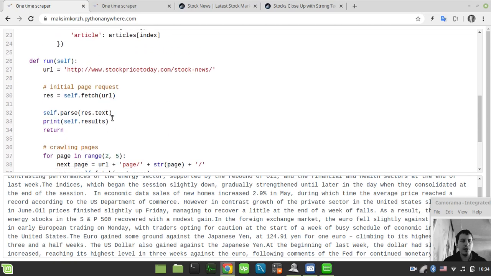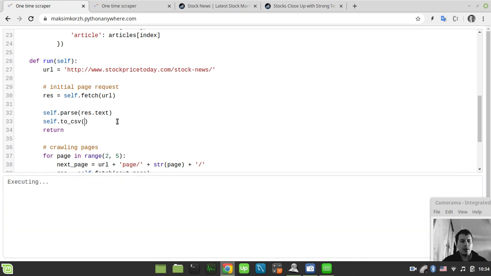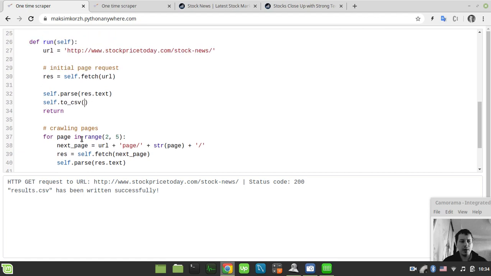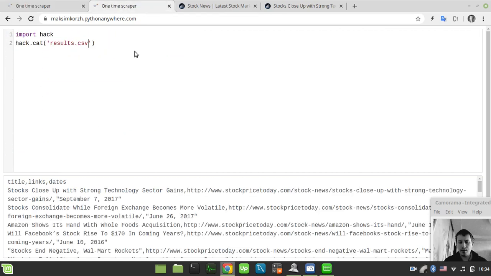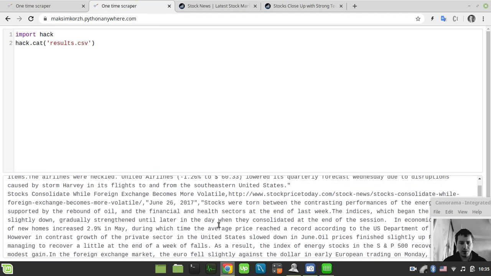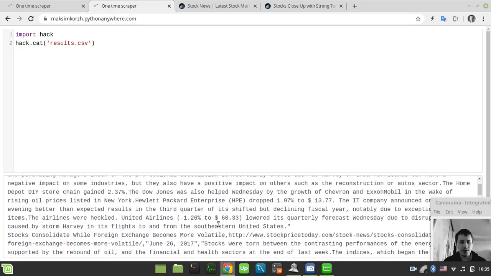So now let's actually try our toCSV function one more time. This time it should work. So I say toCSV and run again. I've added a return statement in order to return before crawling the pages, just for debugging purposes. And now let's actually see our results CSV one more time. Okay, so this time it seems like it did successfully